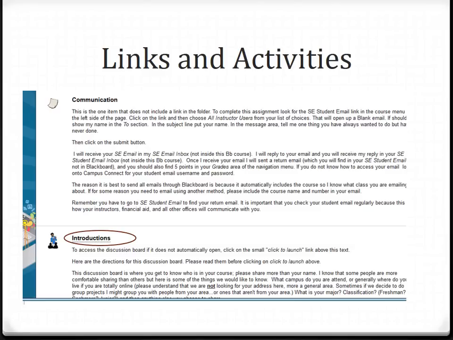Your email activity under communication is the only exception to the rule about having the links in the module. And that's because the whole reason for the activity is to make sure you know how to find your student email in Blackboard and be able to use it whenever you need it. Let me reiterate here, and I will say it again, but your email you can send from Blackboard, you don't